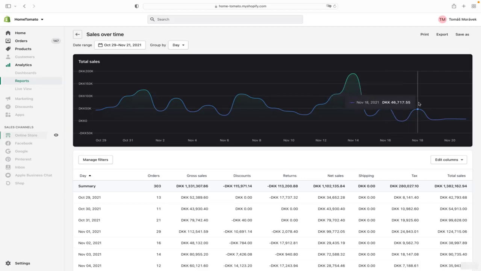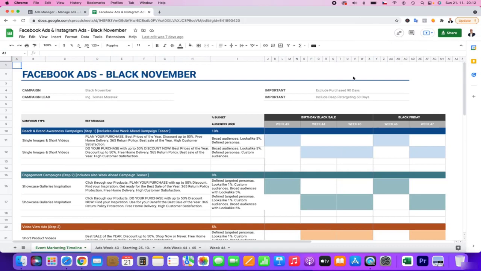Some people still went and purchased, but now you can see we are slowing. So we are going to push for Black Friday, Black November sales, and hopefully the peak will be much higher and much better sales will come. This is the goal, and we are going right now to dive into the full campaign for Black Friday week.